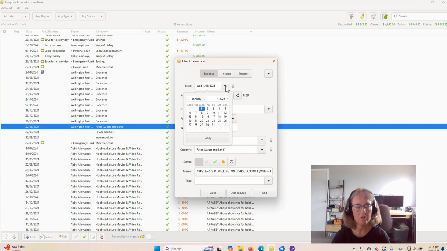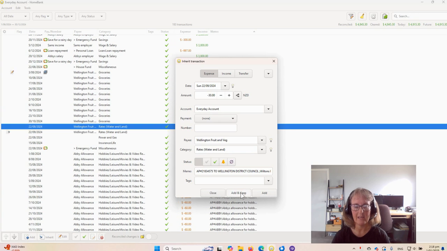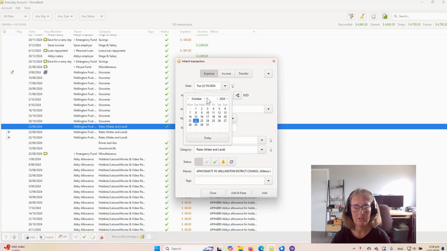So I'll show you this over a few months because it looks like this hasn't been put in for a little while. So let's put it in for September, so the 22nd of September, and keep everything exactly the same, and then go add and keep, and then do it for the 22nd of October, add and keep, and the 22nd of November. So all you're doing is just changing the date, add and keep, and then the 22nd of December,